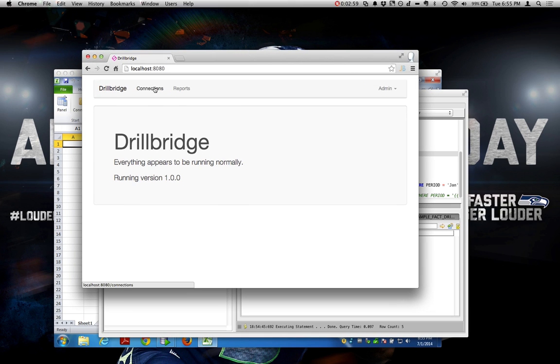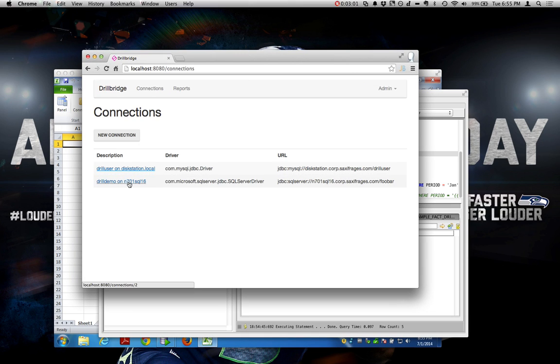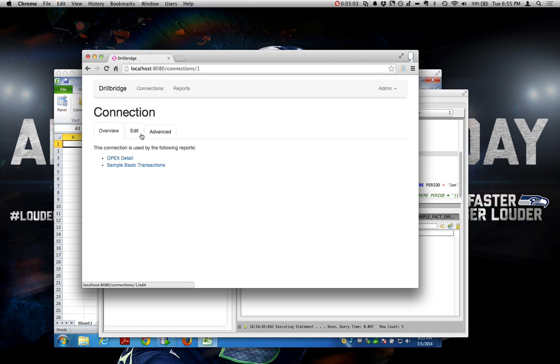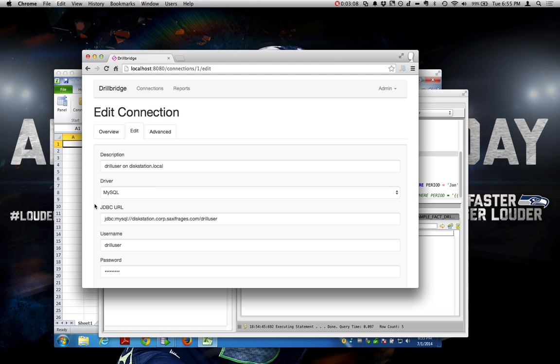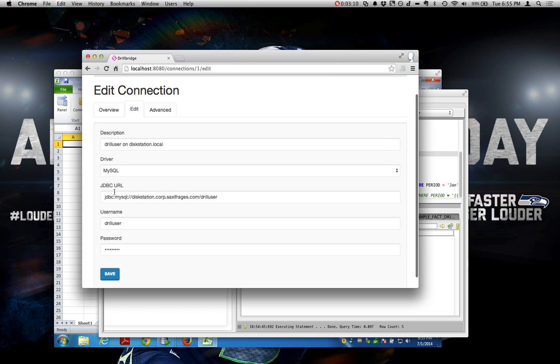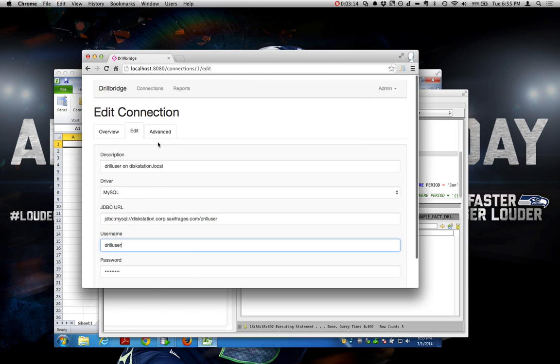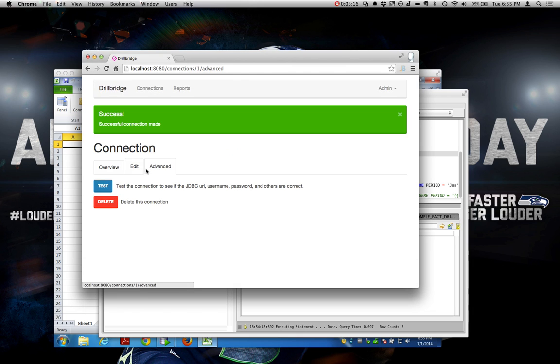So in Drillbridge we set up a connection. In this case I've already done that, so I have just a very simple normal connection. This is a MySQL driver connecting to a local server on my network with a username and password. And that's all we need. We can test it. We see that it works. So now any reports or drill through operations that we want to set up that'll hit this database, we'll just